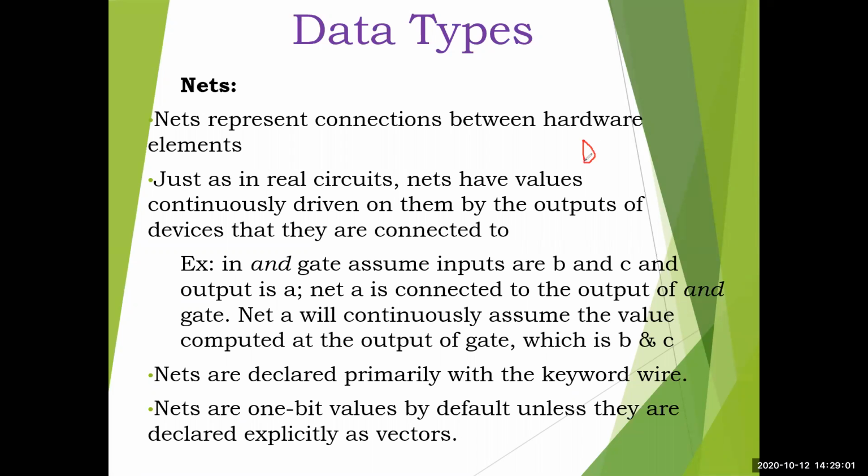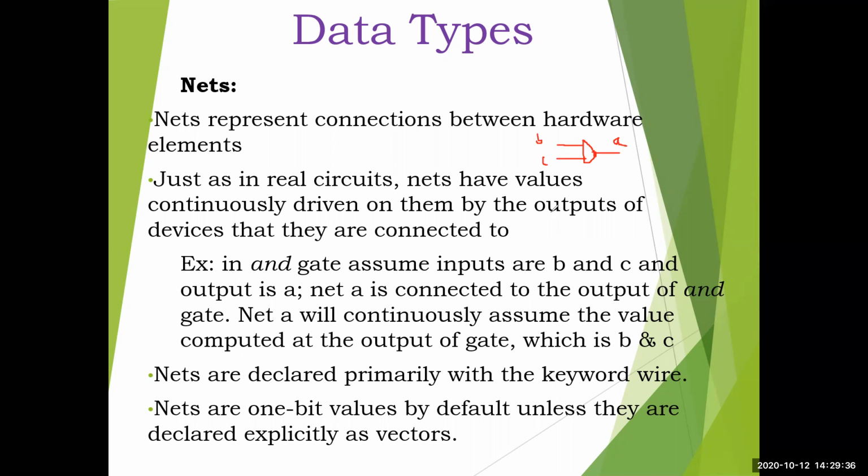So this is the symbol of an AND gate. It will have two inputs, and the output is connected to another signal. Assume inputs B and C, and the output is A. So we'll name these B and C, and this is the output A. Net A is connected to the output of the AND gate, and net A will continuously assume the value computed at the output of the gate, which is